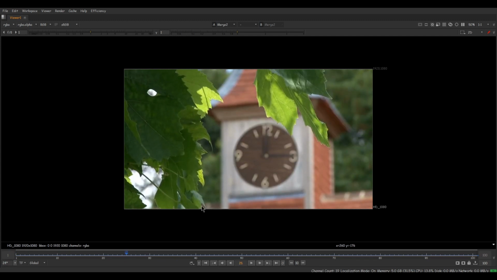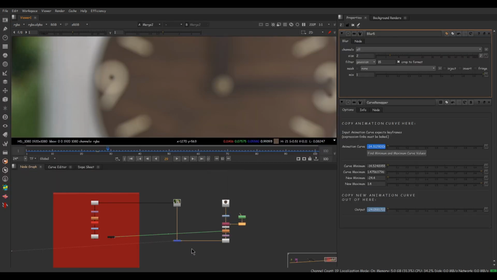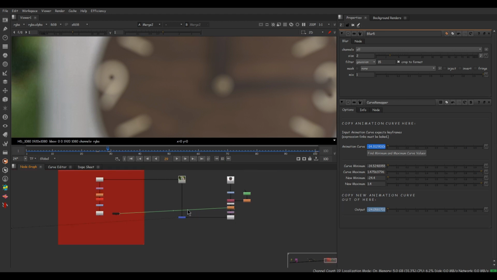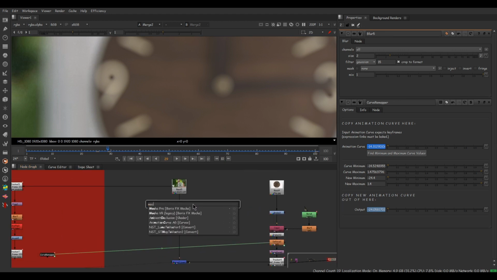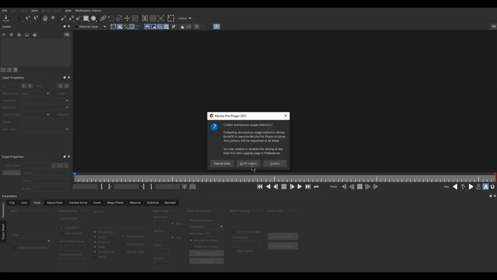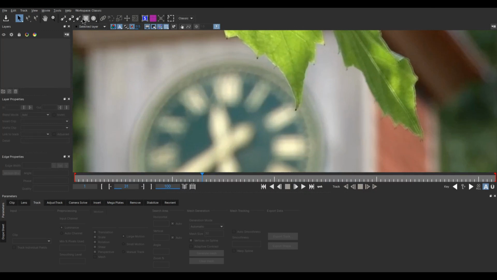Okay, over here you can see some of these leaves are cutting off. So let's finish this comp by revealing that. Come back. For that I am using Mocha Pro, which is a pretty handy tool. The inbuilt OFX version is so easy to access. In the properties, click on the launch UI button. It takes a little time to launch, but the footage will be automatically loaded. Click on don't collect as of now. I have made a lot of tutorials for Mocha Pro, so let's speed up this part.